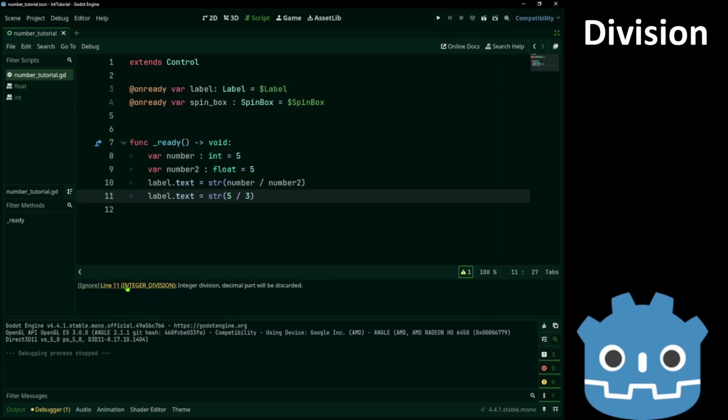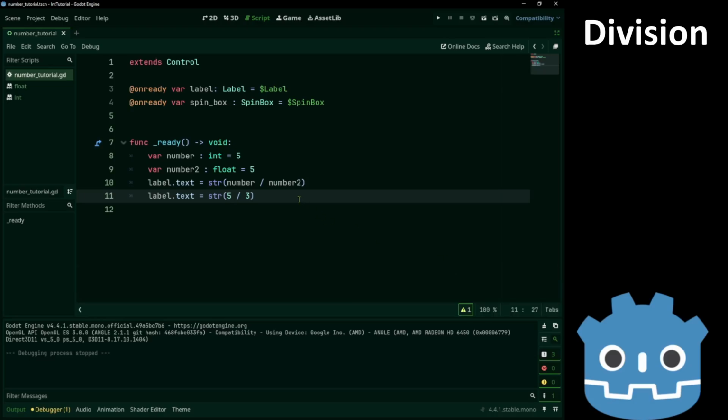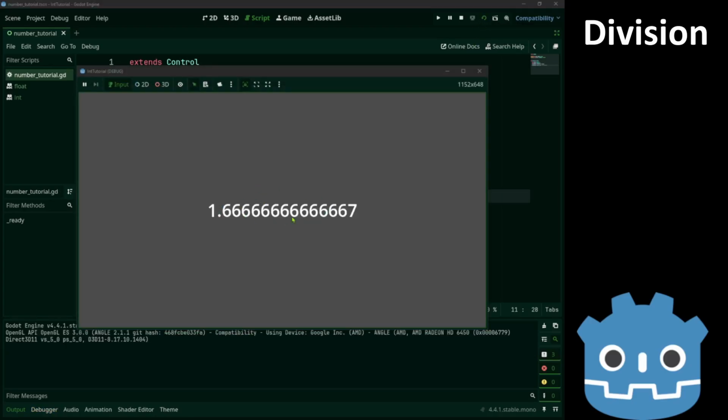We also get a warning, integer division. Decimal part will be discarded. The actual result would be 1.666 and so on. If we turn 3 to a float, it becomes float division, and we get the correct value.